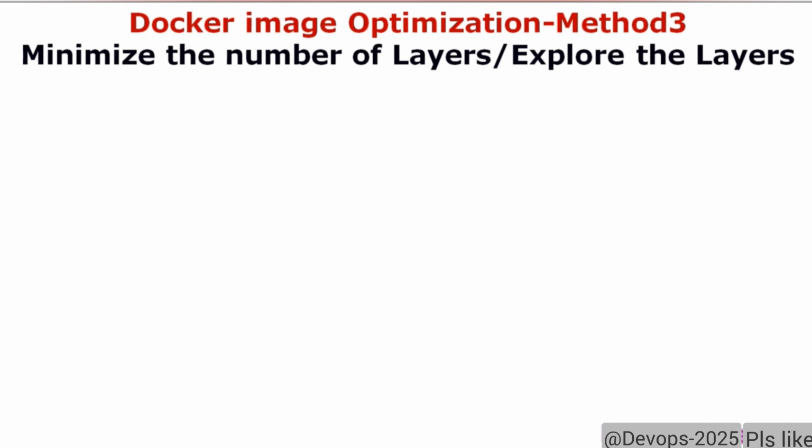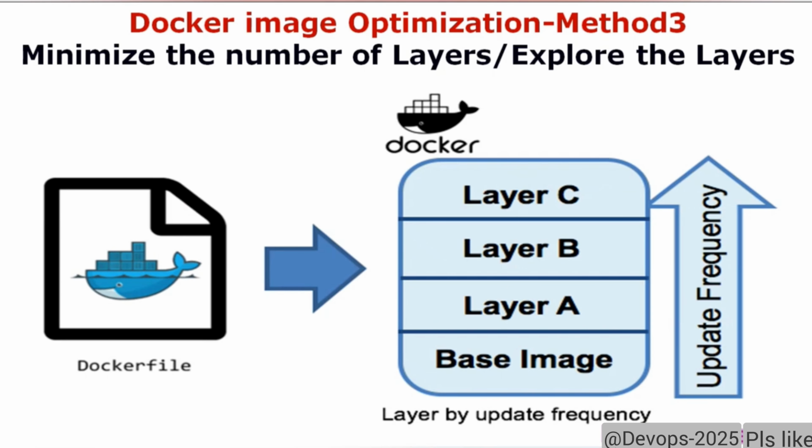Let's see. Typically in the Dockerfile, we define multiple instructions. Then using the Dockerfile, we can create the Docker image. Then finally we create the container by using the Docker image, and we can run our application. So any Docker image you take consists of multiple layers. But what you have to know is when you are trying to build the Docker image from the Dockerfile,